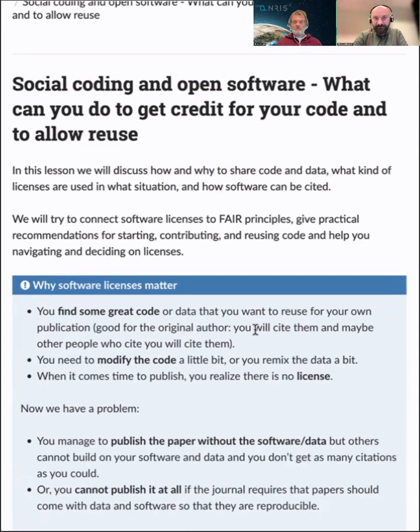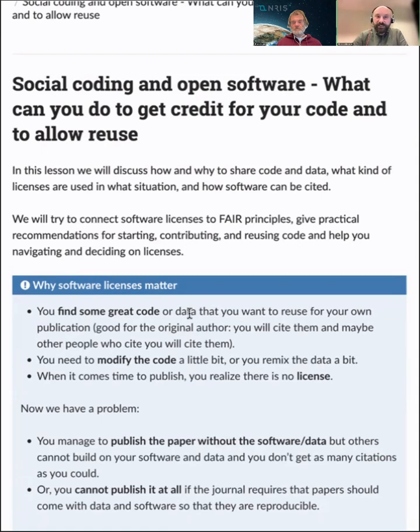Most likely we work in a system where we reuse other people's code, or we create code that other people will reuse. Often we belong to a team, for example a research group, and maybe you're the only one who codes there, or maybe someone else is coding too, and you need to share or reproduce what other people have been doing.